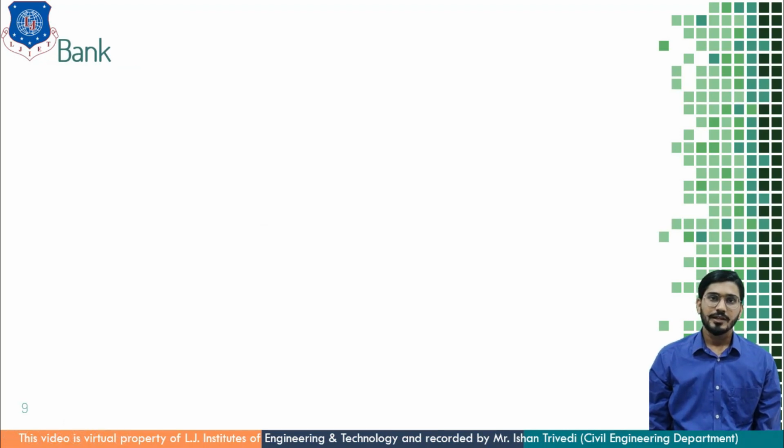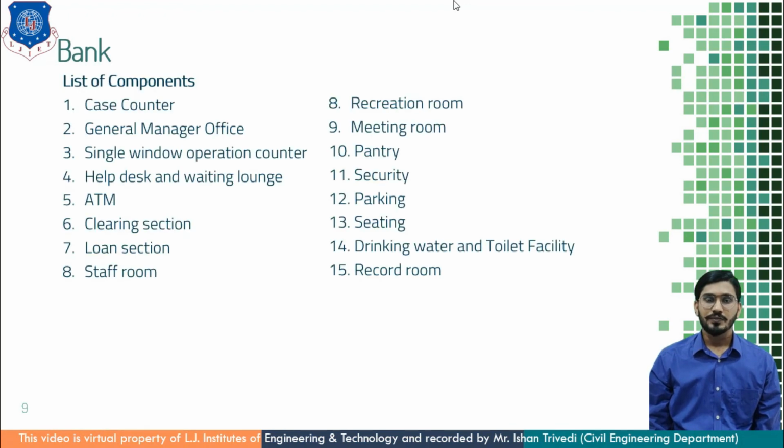In the bank, there are more users who come as clients and utilize the floor. So you have to plan a unit in such a way that one can approach up to a certain limit. Here certain things are restricted and people cannot come to certain places just because of the safety of money. So first of all, you have to list out the components in a bank.